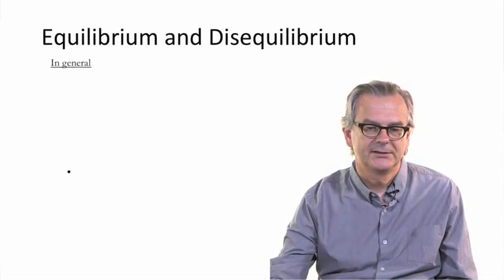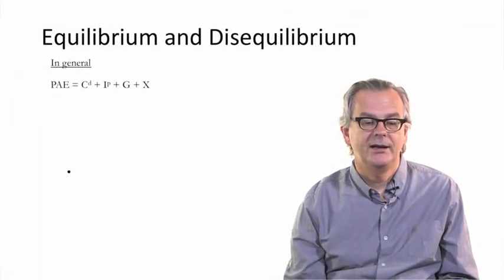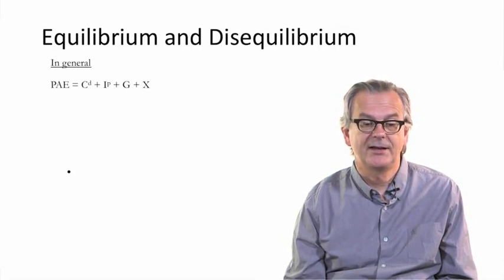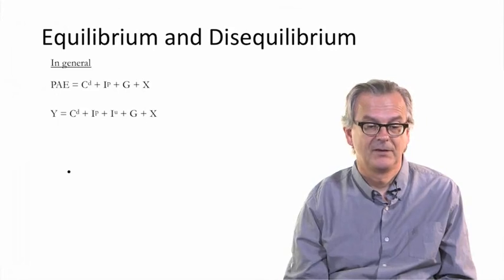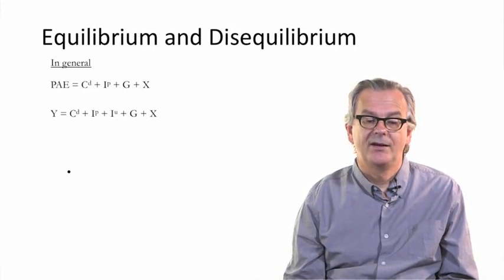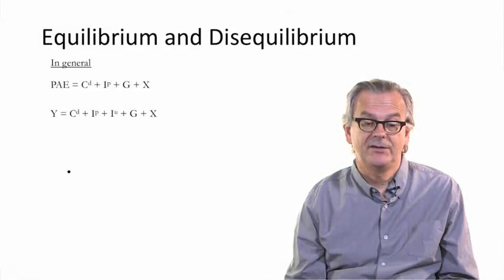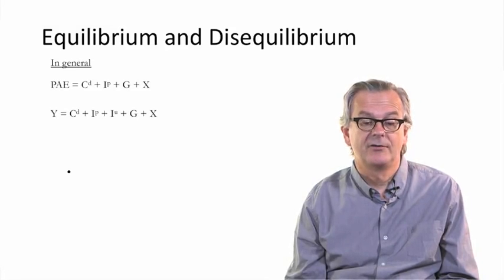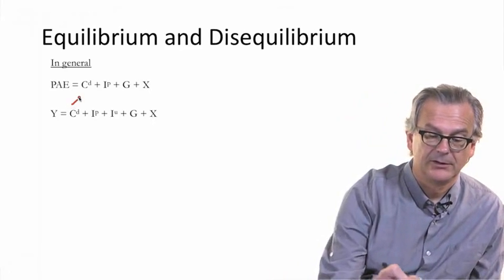So let's summarise a little bit, and I'm going to do it in the following way. We now have an expression for planned aggregate expenditure, and we fully understand that that has both an exogenous and an endogenous component. We know that in general the economy's output, the economy's GDP, the economy's income, the economy's expenditure can be written as the expenditure of our four sectors: household consumption,